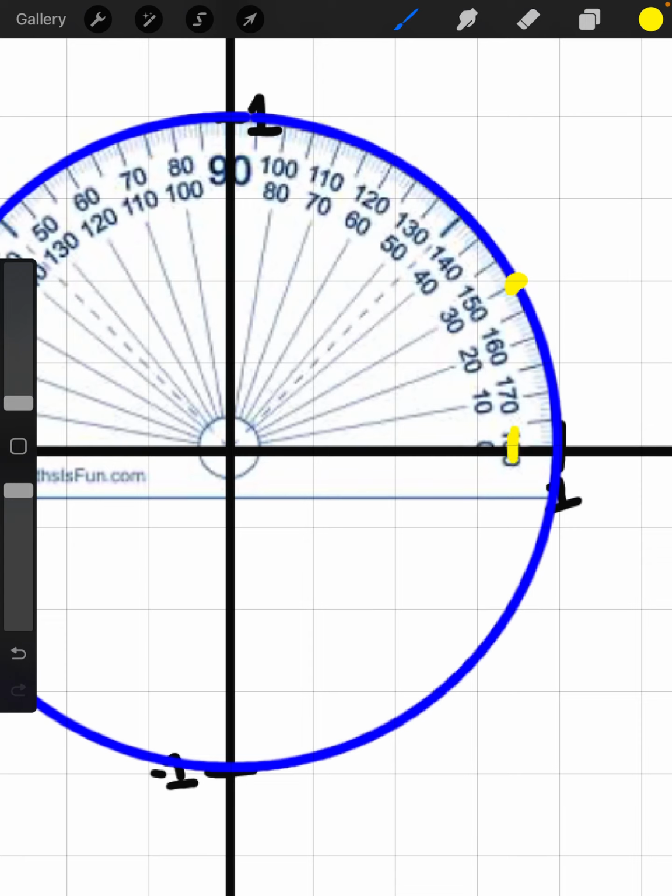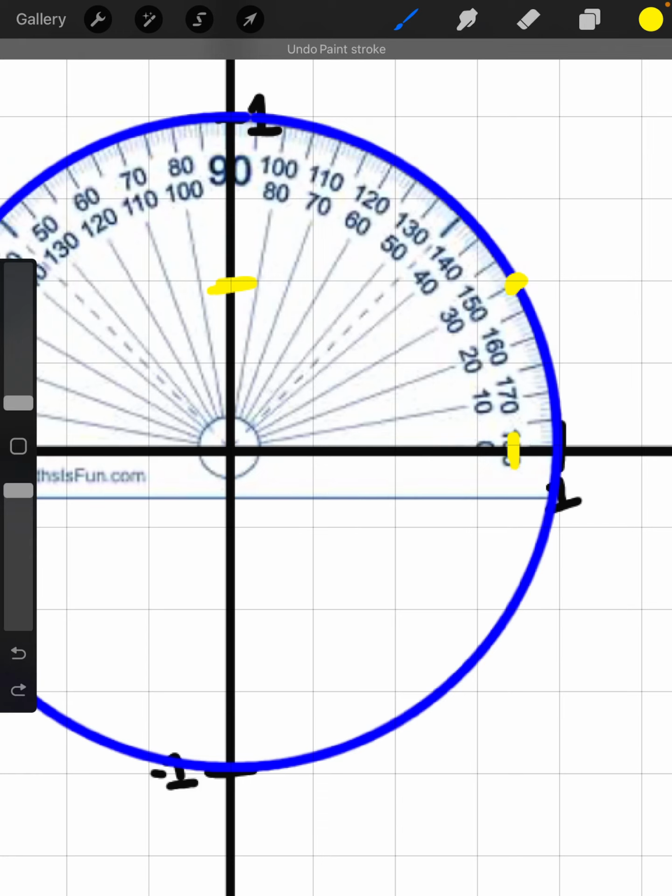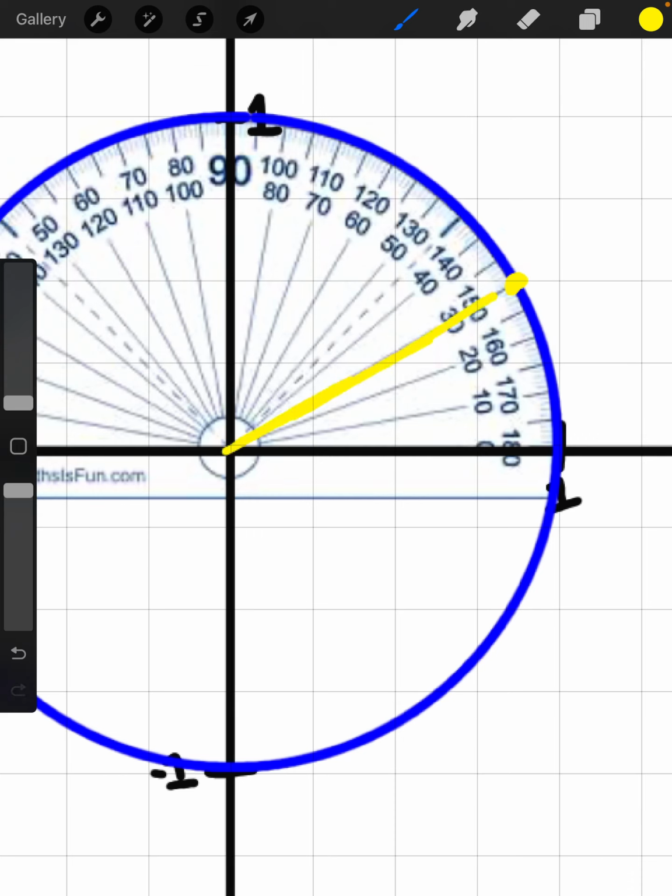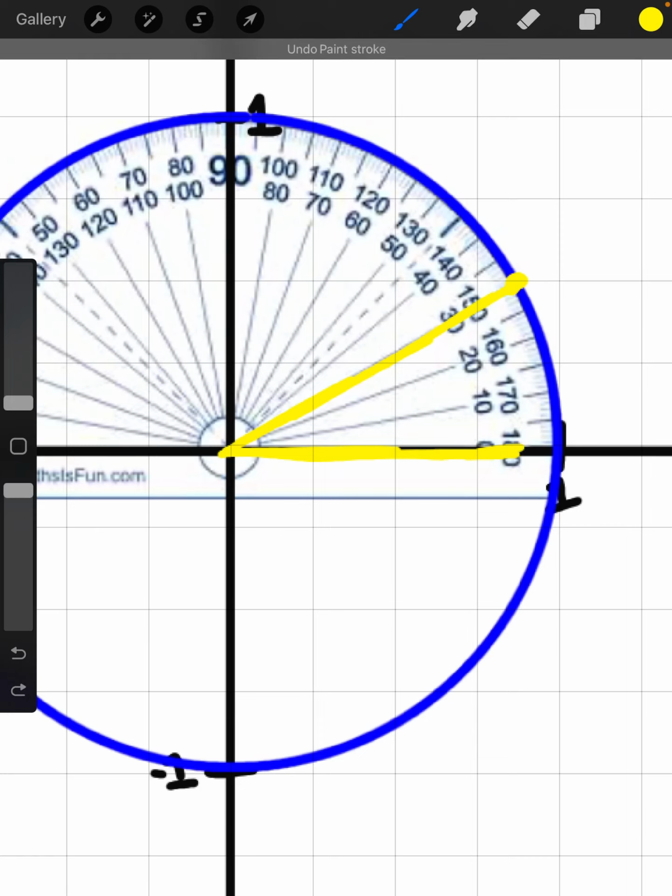Well, my x-coordinate is something less than 1, and my y-coordinate is also something less than 1, but maybe closer to 1/2 here. So we want to know what is the horizontal distance and what is the vertical distance to get our x and y coordinate. To figure that out, my x distance would be the distance along the x-axis until I get beneath my point. And then my y distance would be the distance on the y-axis, but